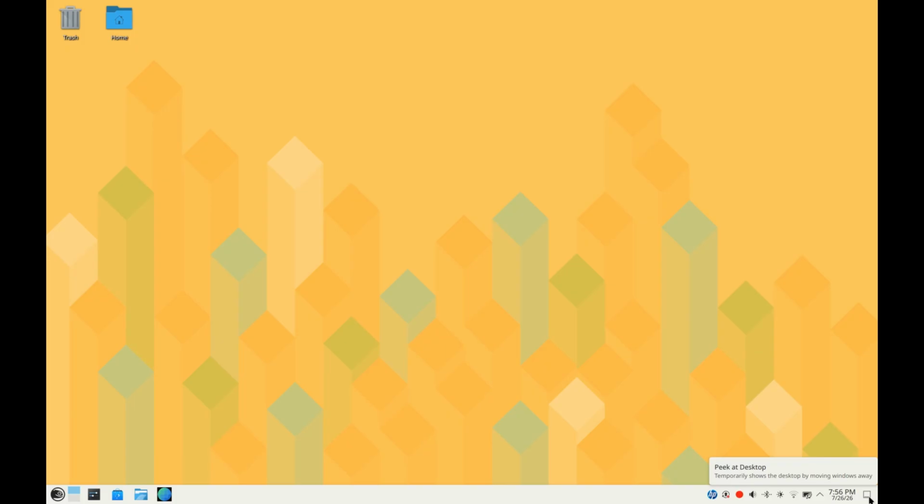I will open the file manager, web browser and the terminal. So we will see and compare them to Linux Mint, how they lay out and how they look.